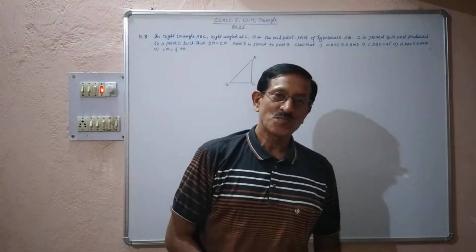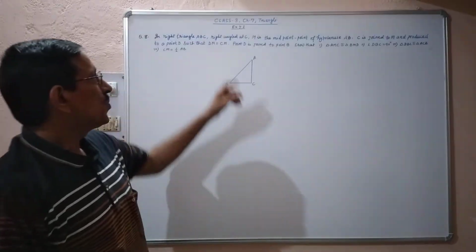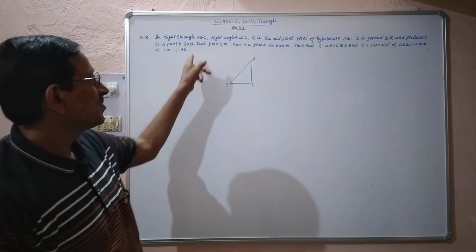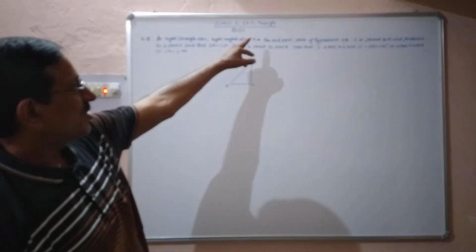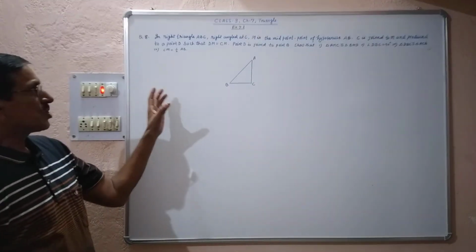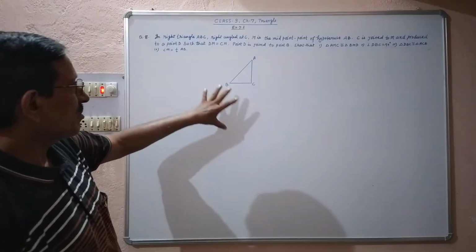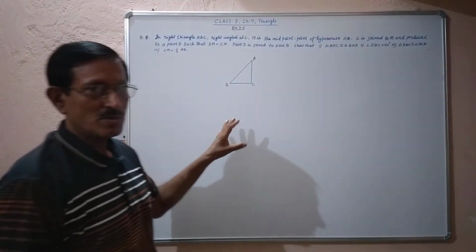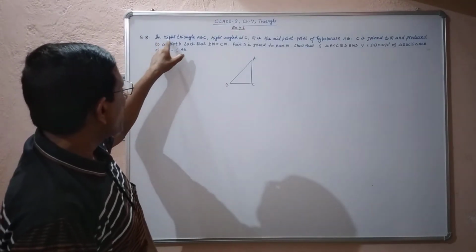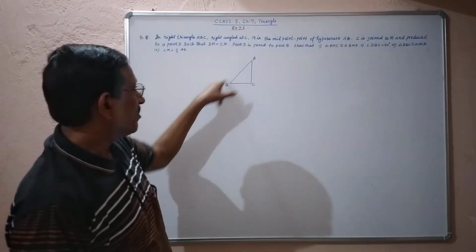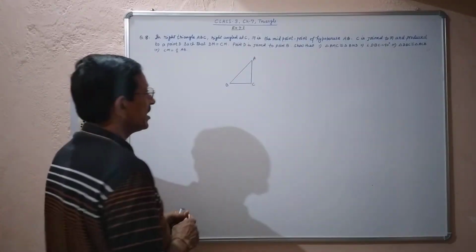Hello students. Today we have taken a question from Exercise 7.1 for Class 9, Chapter 7, Triangles. This question is very important for this class, from the examination point of view and for knowledge both. In this question it is given: ABC is a right triangle, right angle at C. The point C has a right angle, that means 90 degrees.